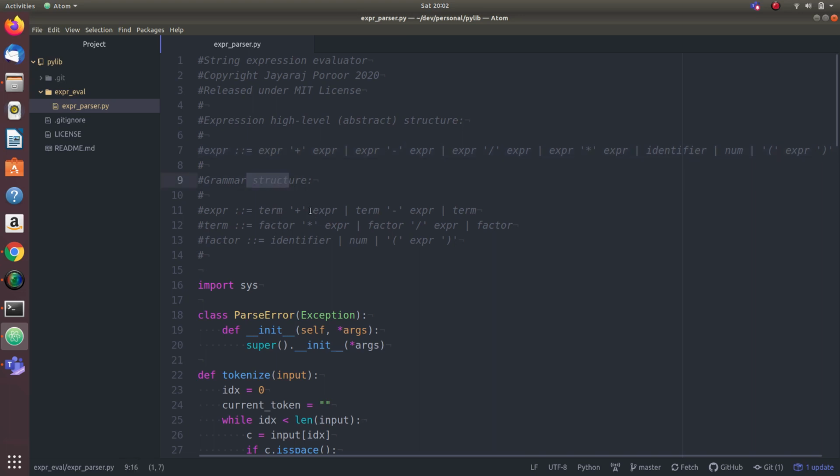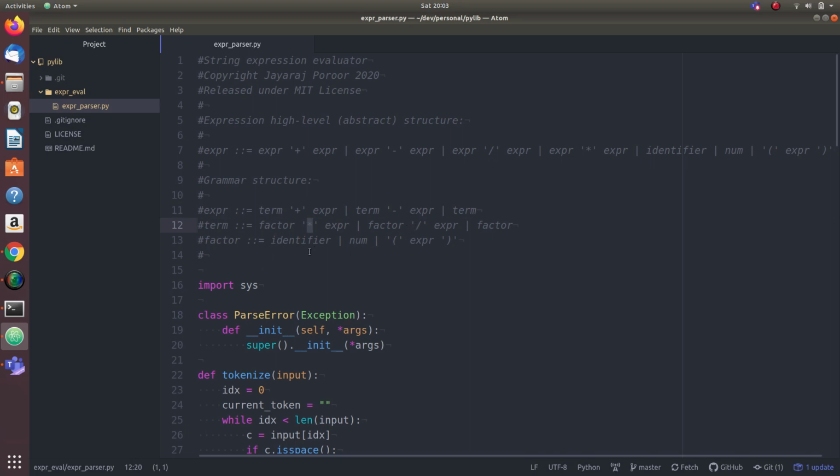So we will avoid this left recursion by having the left hand term always be different. For example, expression is described in terms of a term and expression. The expression deals with expressions containing plus and minus, because they have the least precedence. And then the term deals with sub expressions containing multiplication and division, because they have a higher precedence.